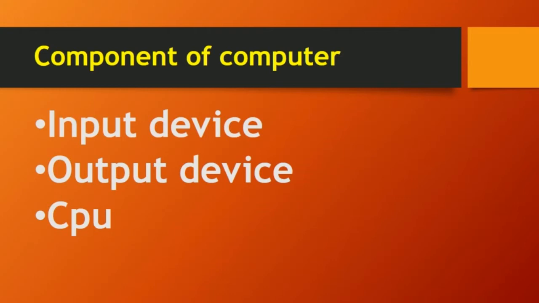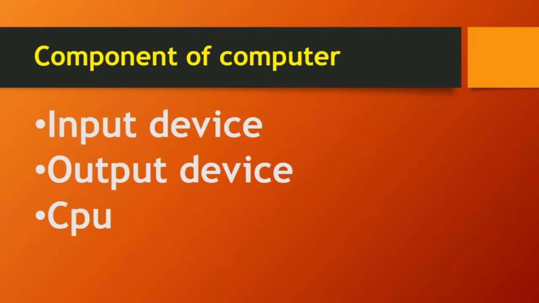They have given three things: input device, output device and CPU. These are the main things in hardware: the input we give to the system, and the output we receive as a printout. For example, if the teacher gives a question, like what Abdul Kalam did in the year 1972, you will go and search in Google. Similarly, they give printouts in the browsing center. If you want to get the output, it is called a printout.